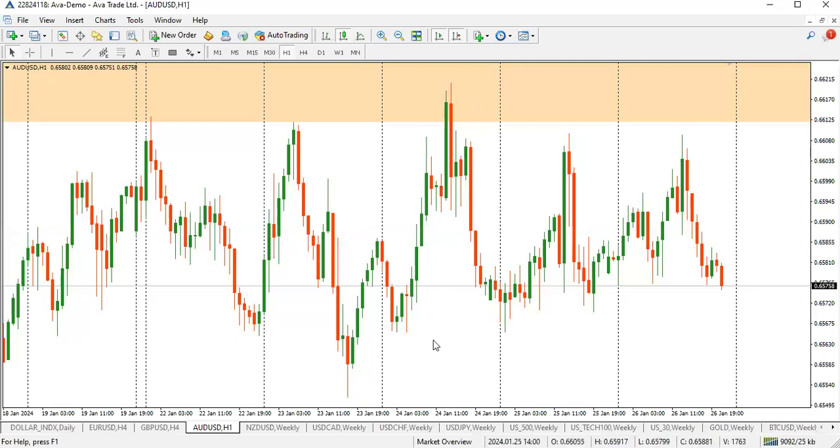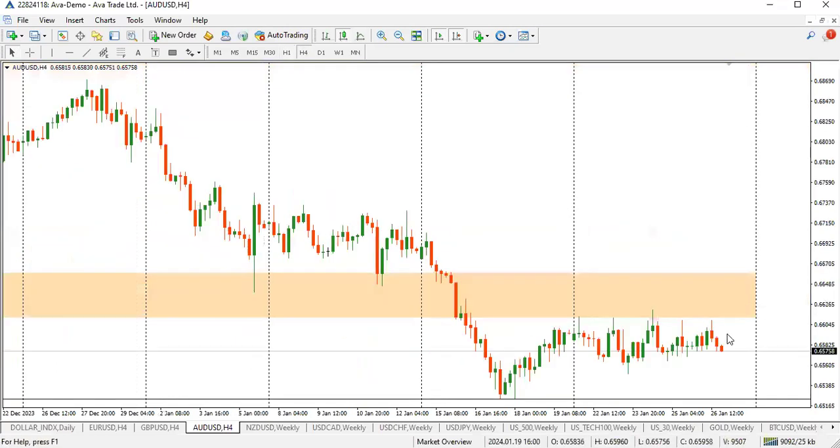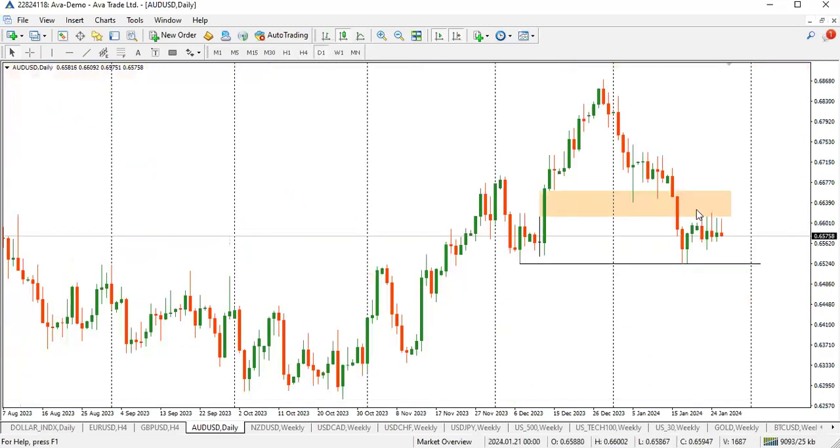So we have a pool of liquidity resting below, and because of this area, this inversion FVG, the price has actually acted. You can see price trading to it and acting as a good resistance. So I want to see if that will send price lower to smash these lows. That's what I'm looking at. If it smashes these lows and comes back into the range, then that should be all for